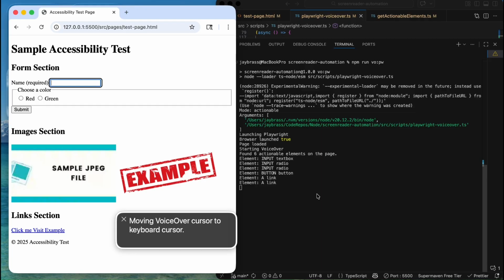Welcome to macOS. VoiceOver is on. Moving VoiceOver cursor to keyboard cursor. You are currently on a text field. To enter text in this field, type